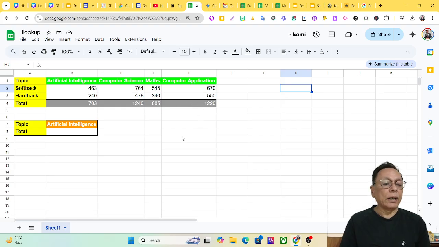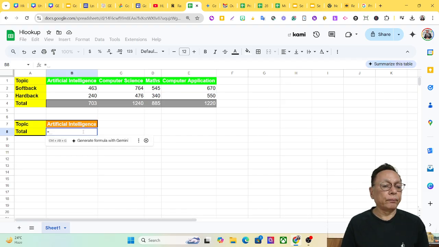So I want to find out how many books are present in my library of this title or this topic. So how to do this? We'll obviously start the formula with the equal sign. So I'll give the equal sign here,